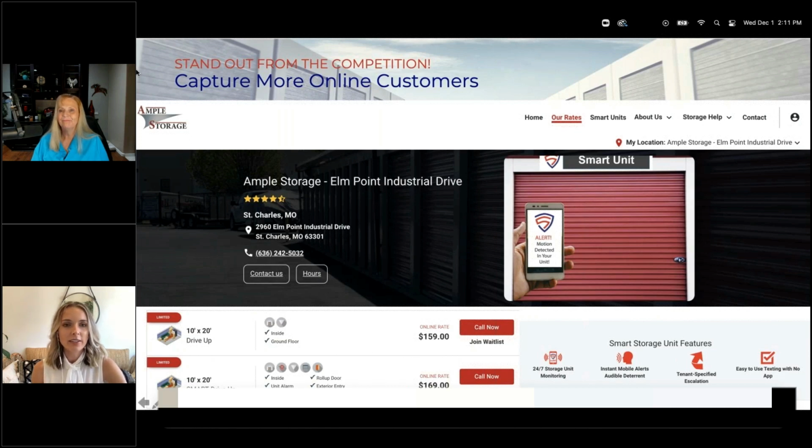So one of the other things that we do is we work with the owner and the web provider to market the service on their website. So it's not only providing additional value for them too. As you can see with this particular one, they've added a $10 premium for the smart units, but it's also,